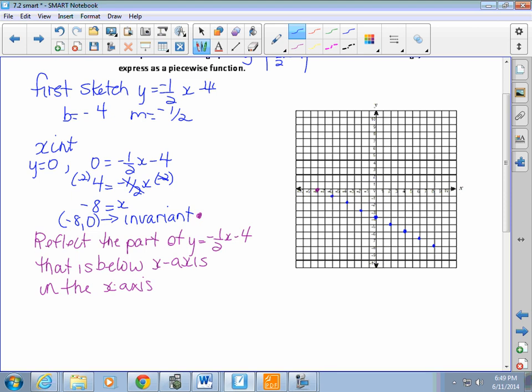So now anything that is below has to be reflected above. Right here, this point, and I can't see my numbers on the smartboard, was at -6, -1, so that goes at 6, 1. Whoops, let's do red. So those are my reflected points. This one was at -4, -2, so it's going to be at -4, +2. This one here will be at -2, -3. Where's that? -4, 0,